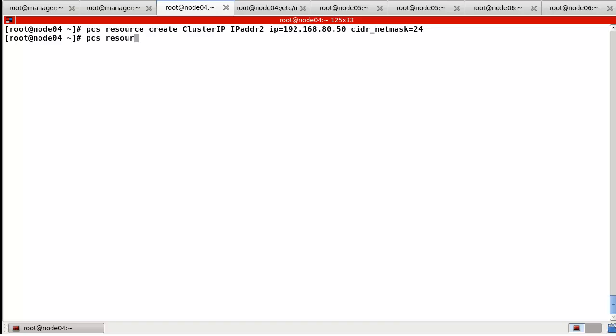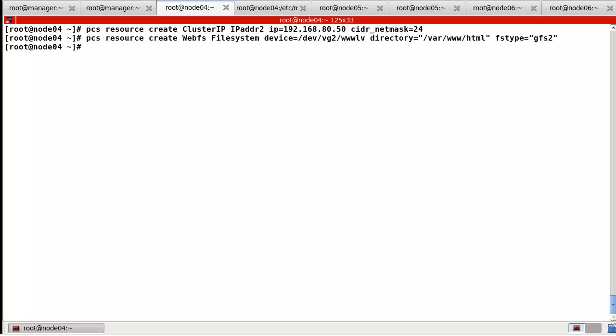So pcs resource create WebFS, the file system, here the type Filesystem, and this information, in my case, device will be volume group 2 and logical volume www.lv, and directory is html, and the file system type is GFS2.